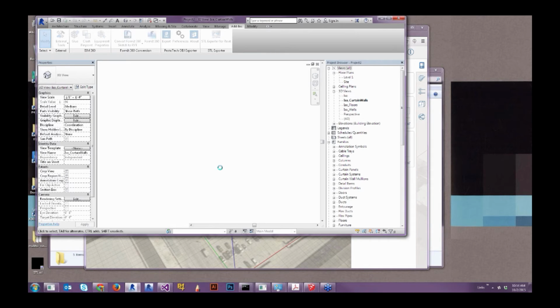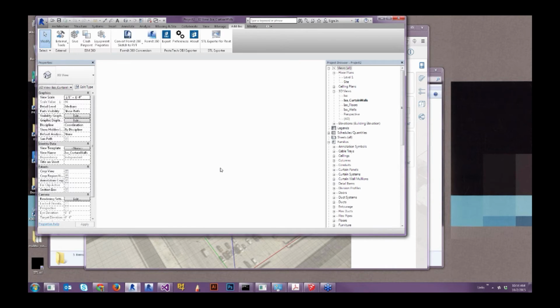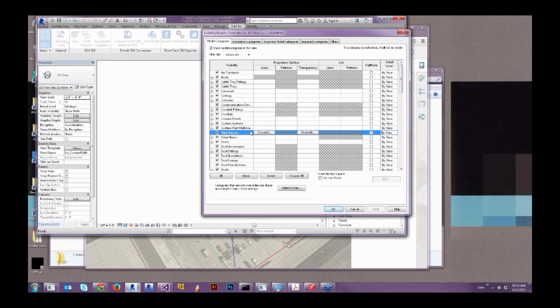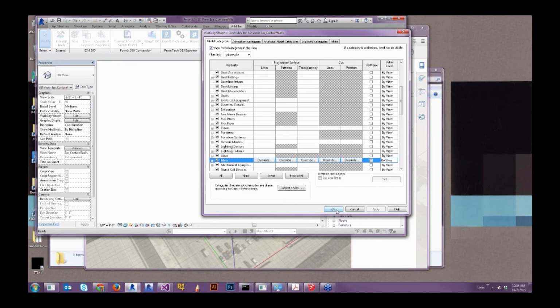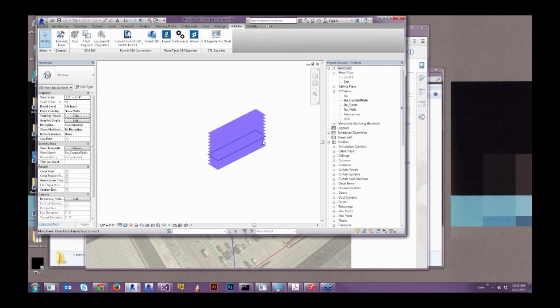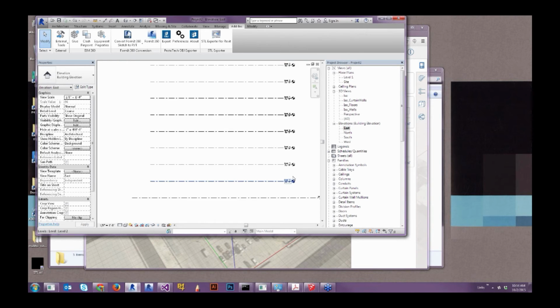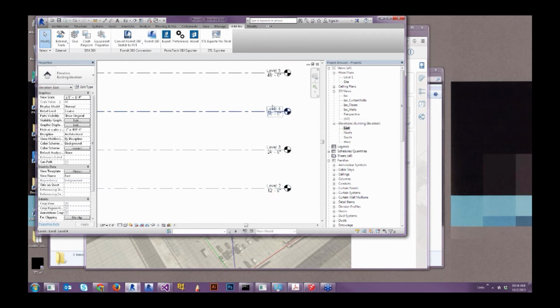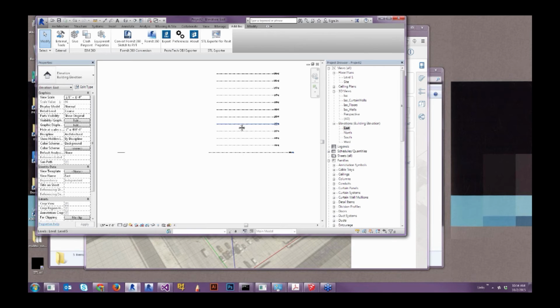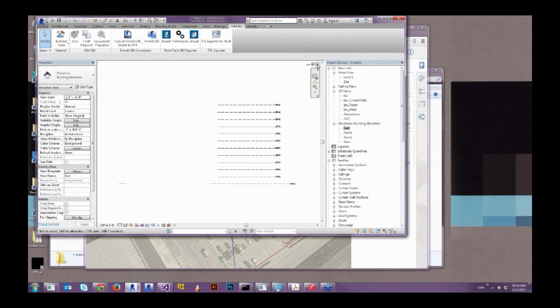And this will run the same converter that the A360 Drive converter did, and it'll place that geometry and the information about it into my Revit template that I've created. You need to double check that you have the massing category turned on, and then do a zoom all. There we go. One of the key things are these levels that we created. So the levels from Formit automatically populate your Revit file.